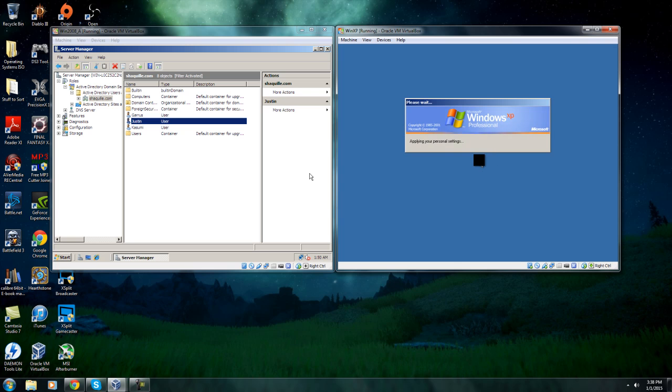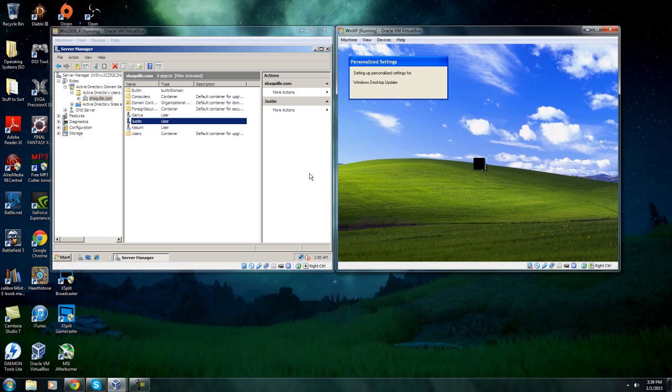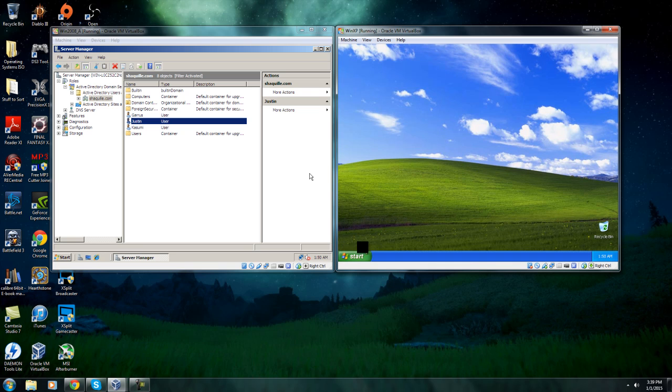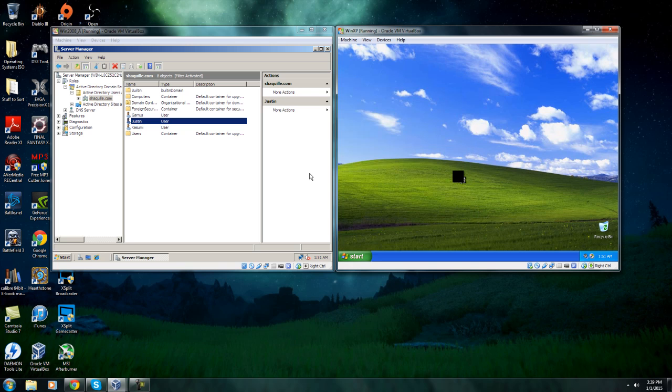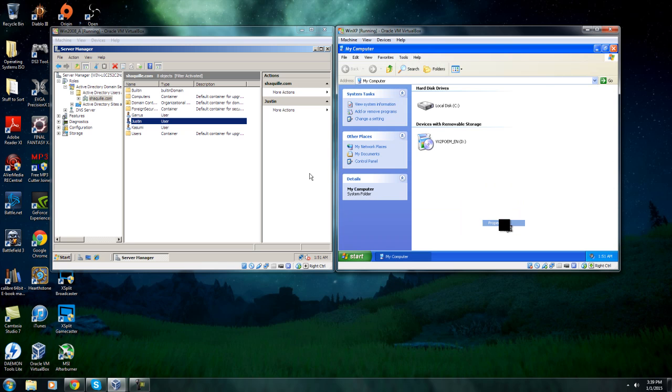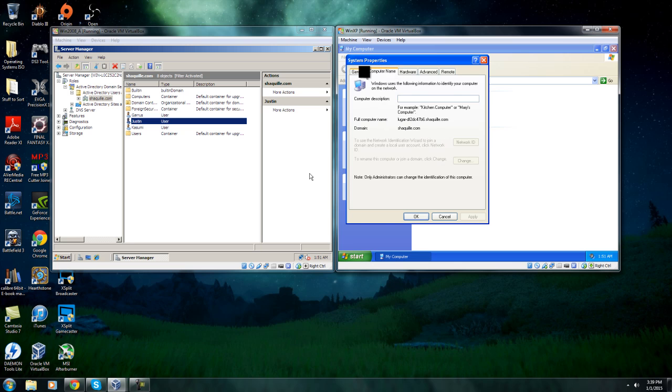and as we log in, we go to start, my computer, and we right click on properties and go to computer name, and there you have it. We are connected to the domain,